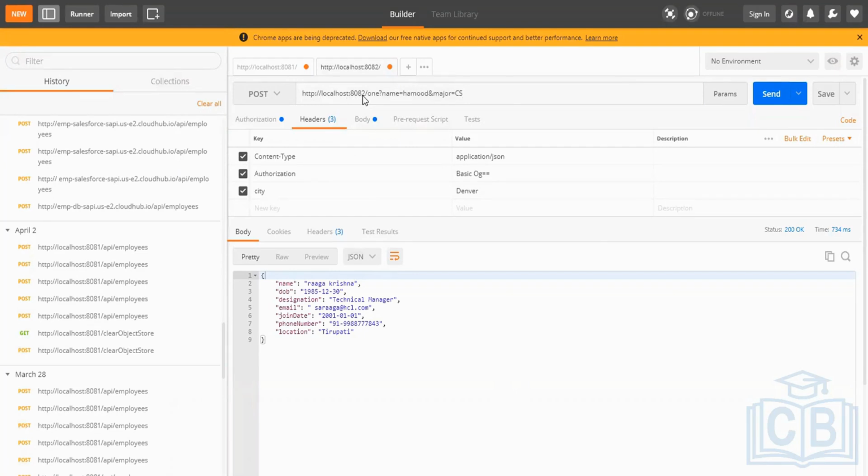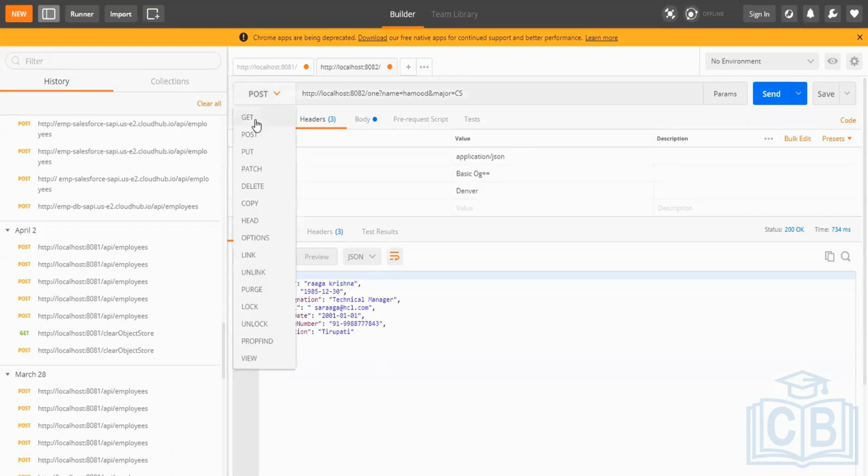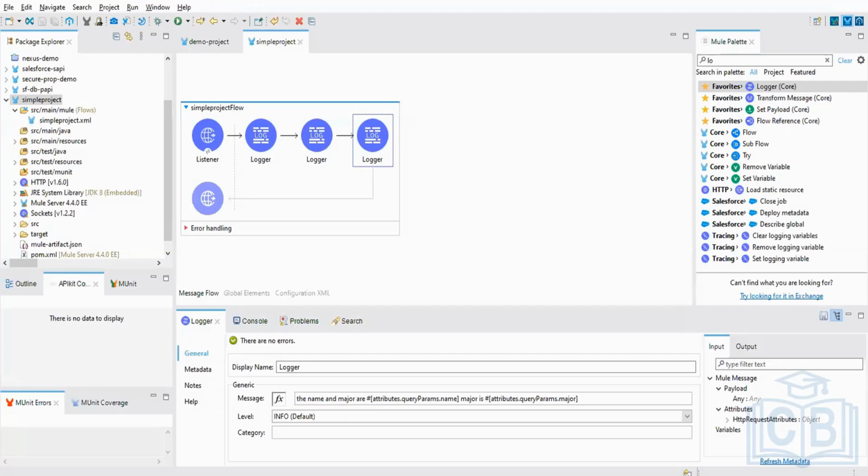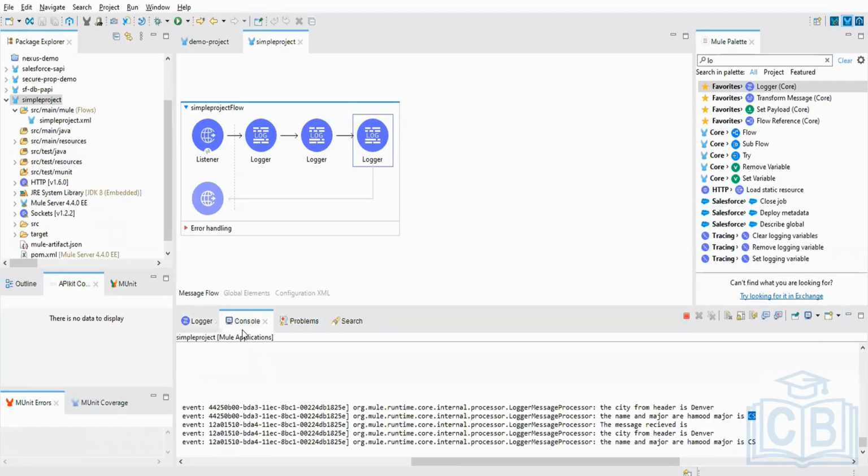So if you use GET, you can't send a body. There is no body for GET, only the URL. We can't send a payload with GET; the payload is always empty. If I change it to GET and hit it, I won't get the payload. If you see the console,